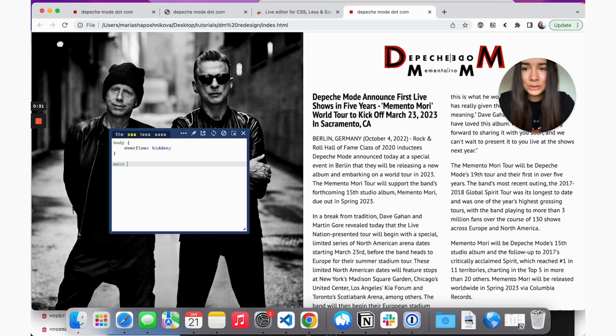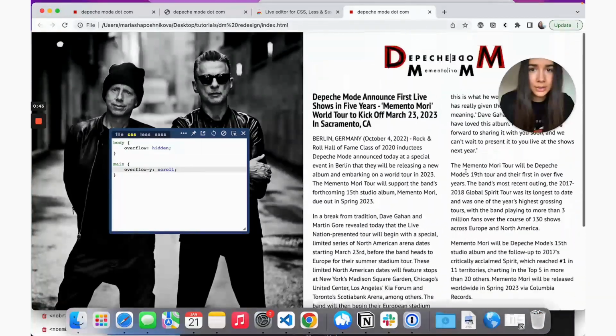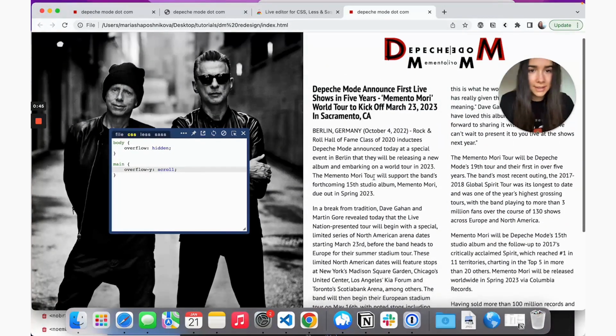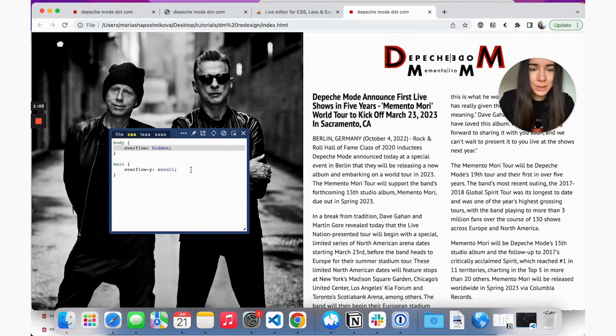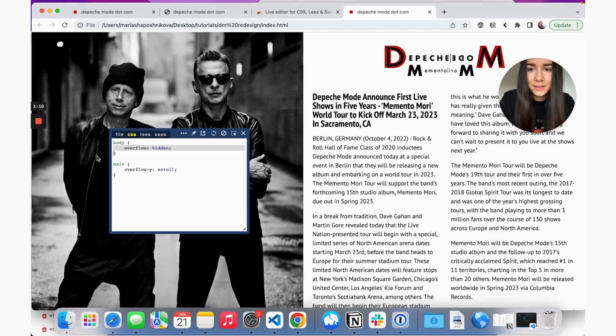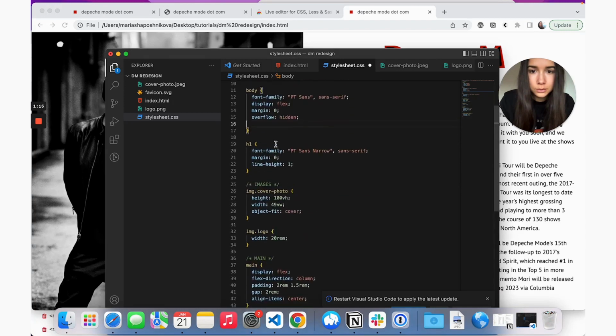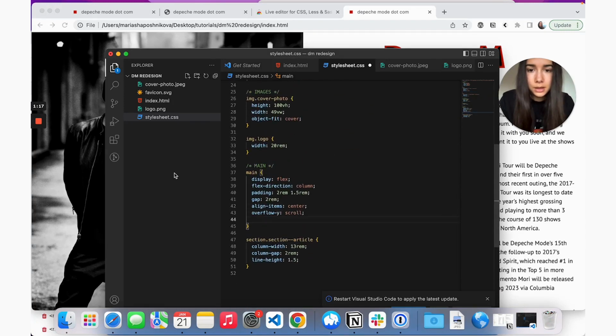So for just our main section here, we'll set overflow-y to scroll. And now you can see we can scroll, but the image always stays here on the left. And again, just make sure that whatever you do in your Magic CSS tool, you bring over to your actual editor. So we have that, and we have our main.